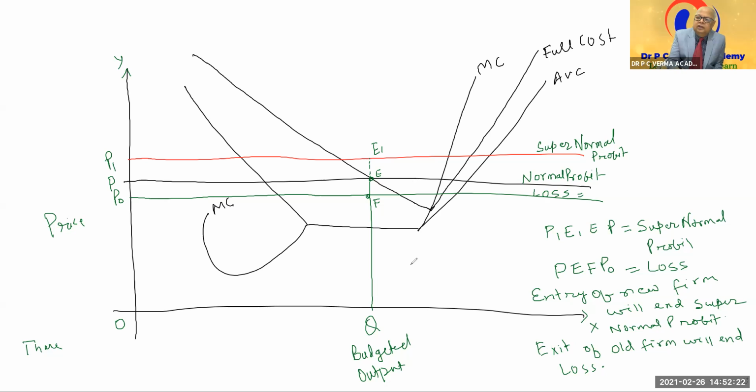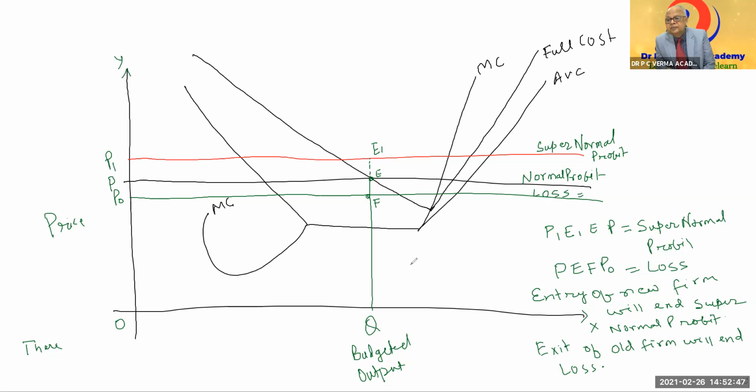And this firm will not get supernormal profit. They will return to their old point E. There is not a single firm. This is not monopoly. This is oligopoly. We are discussing how one firm gets equilibrium price. That's all. But other firms will